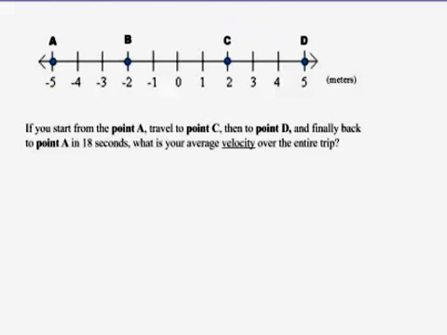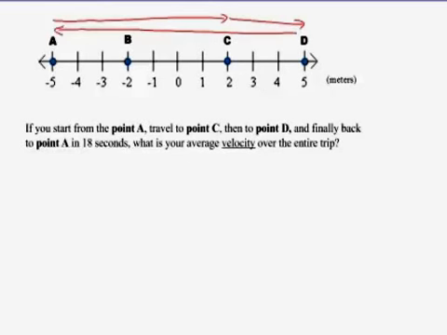In this last example, with something moving along a number line, we have an object going from A to C, then to D, then back to point A. And this takes 18 seconds. So when we start at A, the stopwatch reads 0 seconds. And then when we end up back at A, the stopwatch is going to read 18 seconds. So to calculate this,